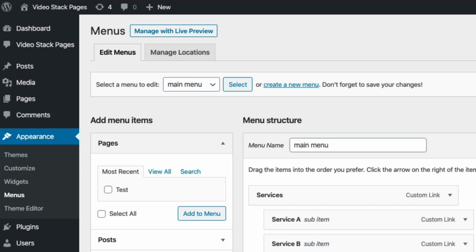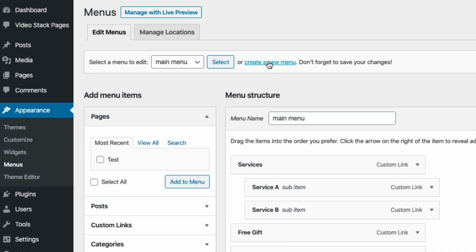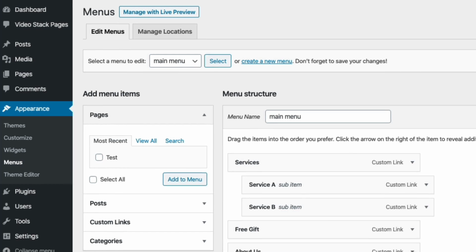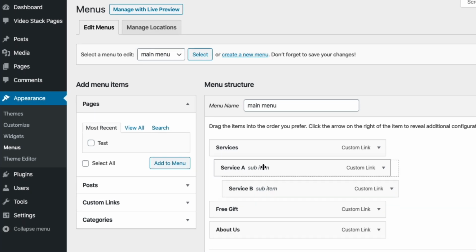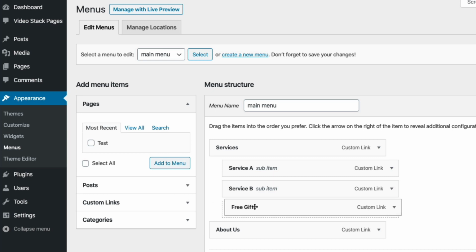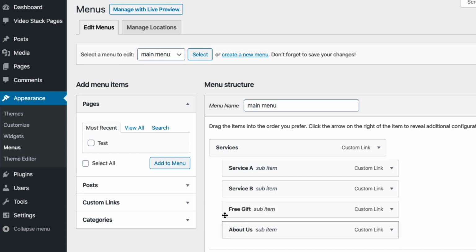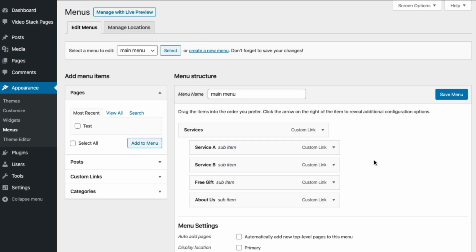So if you don't have any menus, you can just go ahead and create one. You might want to have one for your video stack pages. Then you can basically select that menu to work on it, and from here you can see these are indented, so they're going to be stacked in. So if I wanted to have services, services link and everything under that sublink, I can just move them like this. So now this would be a single drop down, and you wouldn't do this, but just to show you